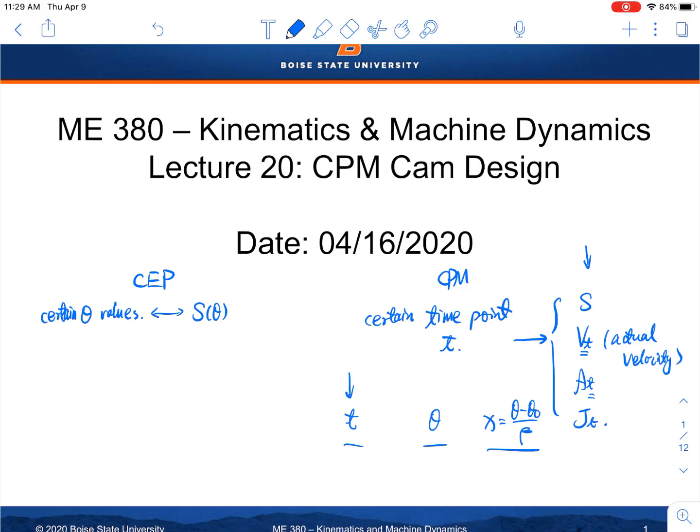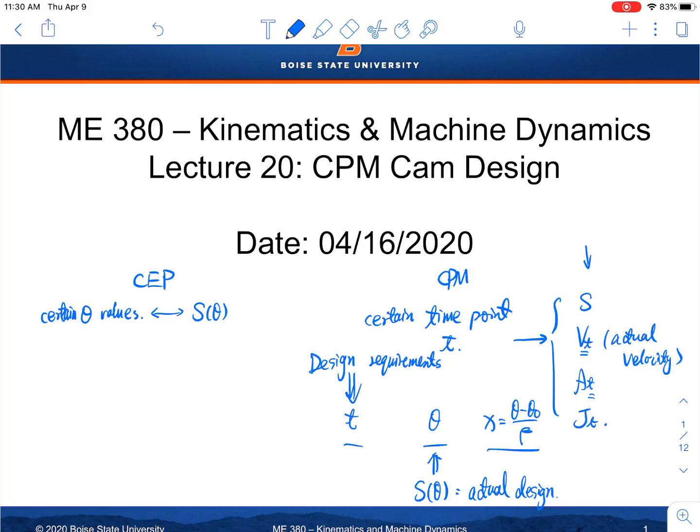So all your design requirements will be given in time domain. For example, okay, in this period of time, I want a constant velocity of 10 meters per second. That's usually the design requirement you receive from your customers. So that's why everything is in the most convenient or most straightforward domain, which is time domain. The theta domain, which you have your S theta, is your actual design,